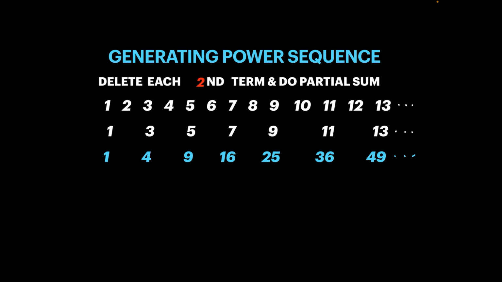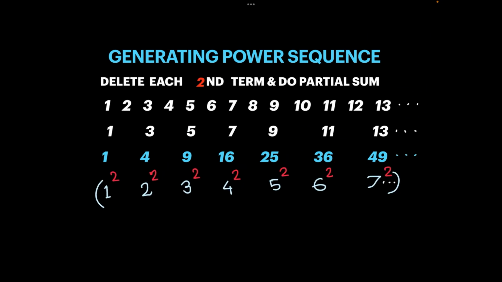And very interesting, if you see clearly, this sequence is 1 square, 2 square, 3 square, 4 square, 5 square, and so on. We have deleted each second term first, and then after the partial sum we get a power sequence, that is the square sequence. And now our second experiment, again from the natural numbers,